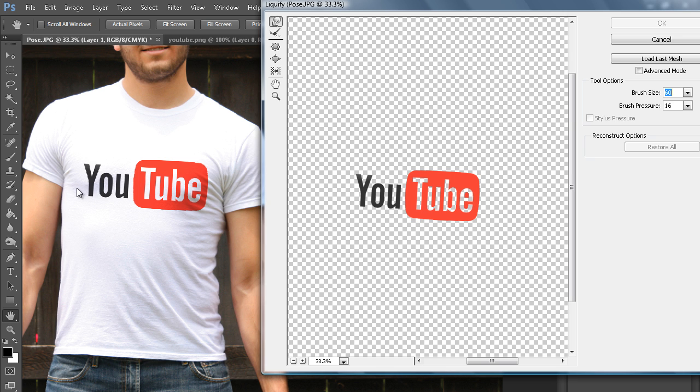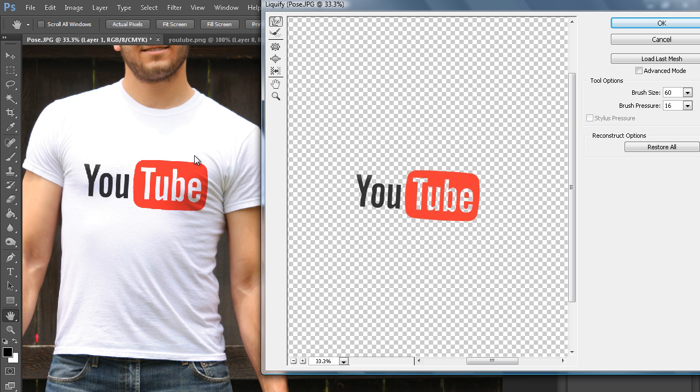So the first thing we're going to want to do is attach it to the curvature of the left side of the chest here. You see how there's a little shadow here indicating the curvature on the shirt. What we're going to want to do is go right through where that shadow is with the forward warp tool. Bam! Right through the Y and the O. It'll have a little indent right where that curve is. We're also going to want to bend in this Y here. It's flat right there, which makes it look a tad unrealistic. And get it to come in just a tad to get it more into the curvature of the chest there.